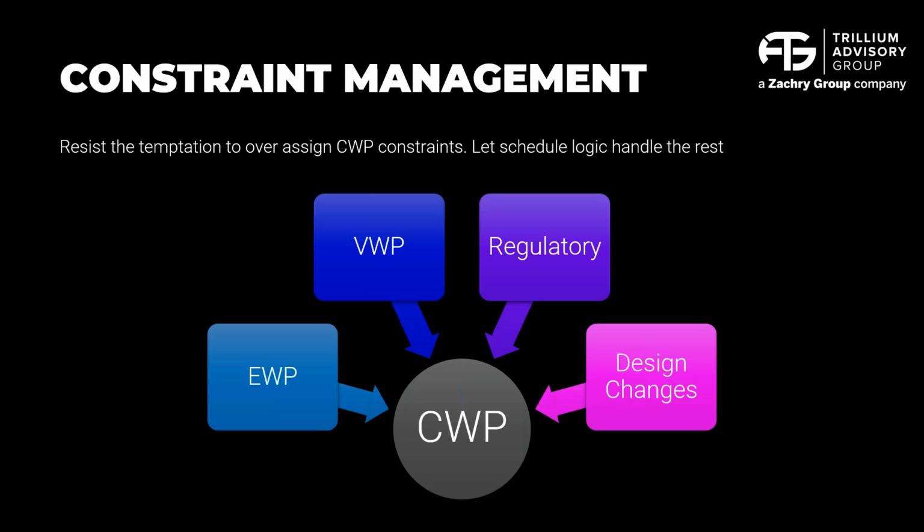Those side-by-side animations are so valuable because you can watch the baseline playing back, and you can watch the current schedule, and you can see where you've got gaps or misses. So you can see plan versus actual performance and determine which areas you really need to focus attention on. 4D is interesting because most teams really gravitate to construction, and it's very effective for construction execution, but you can also use 4D tools in engineering and procurement, get great visibility into what your plan was,